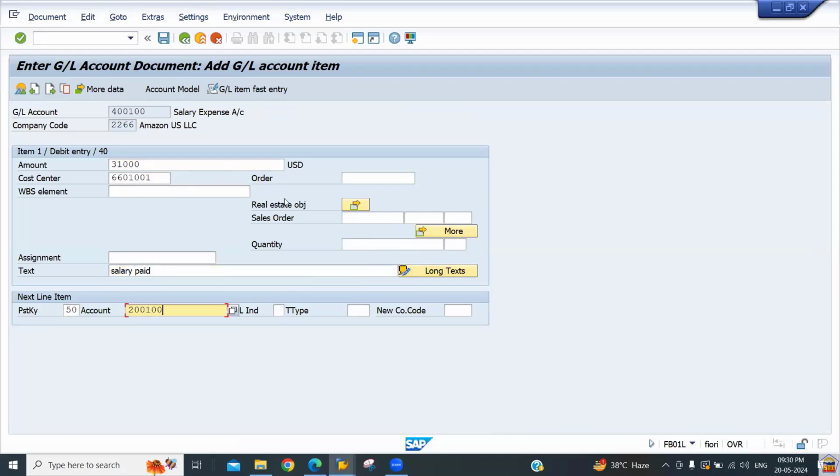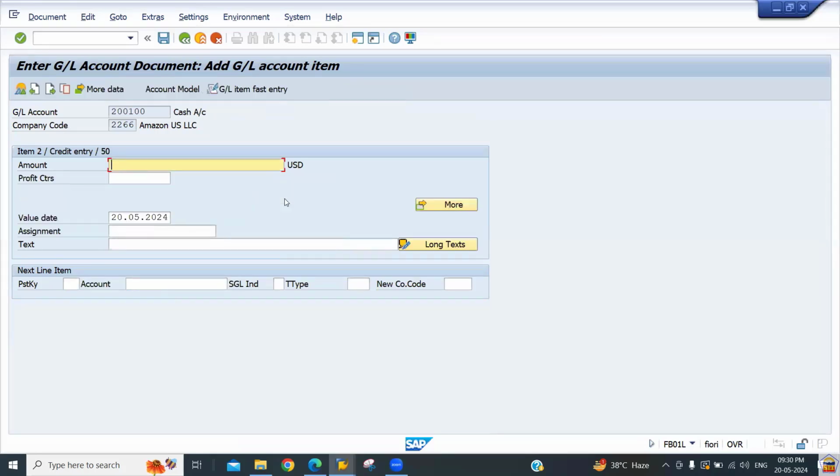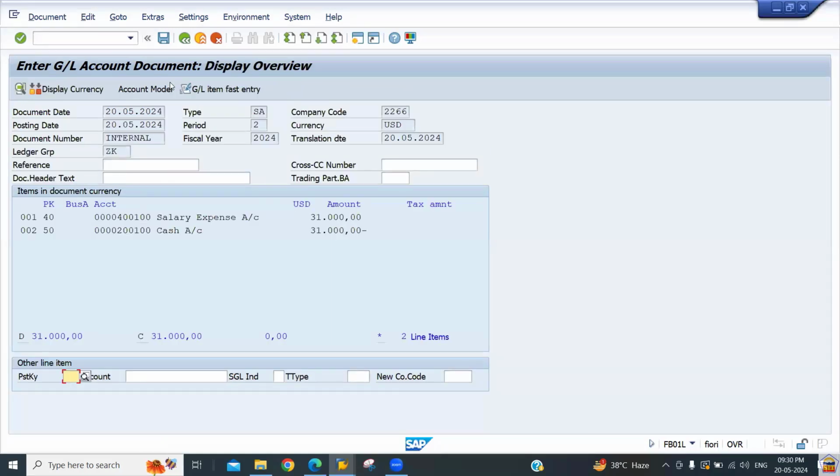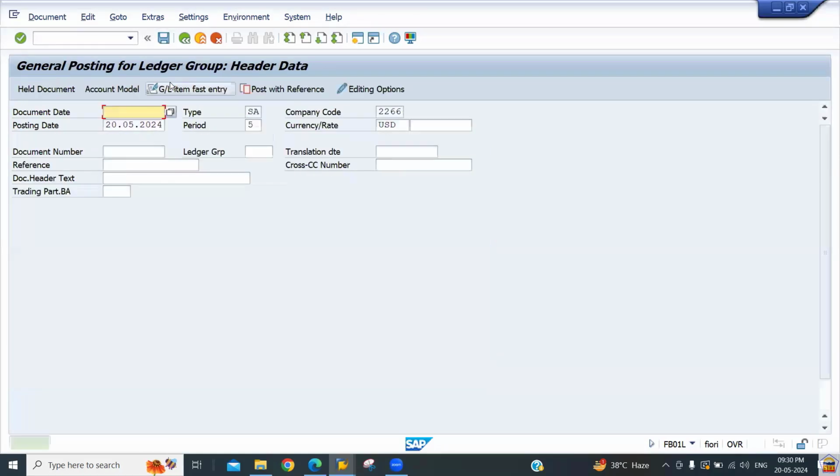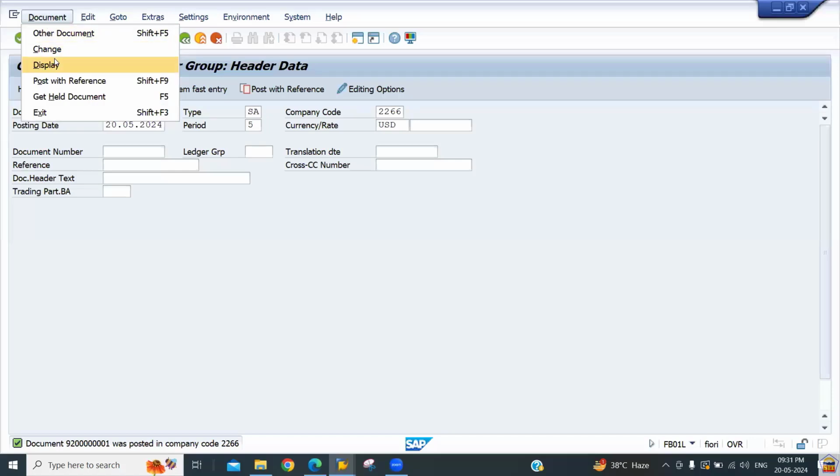To cash account, amount asterisk, text plus, and we can go to the overview, save. So you can just see the document got posted. It is 92001. Now let's display this document